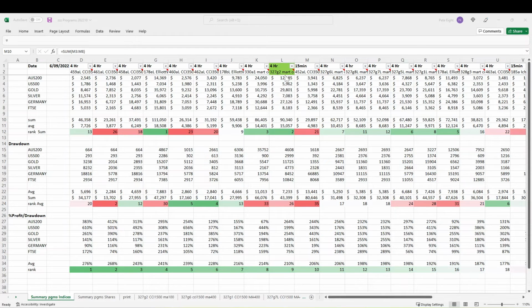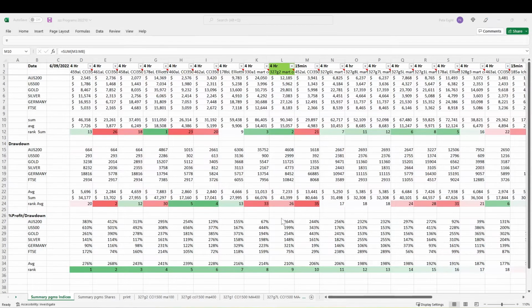This is run on a 4-hour chart time frame. The top table shows the revenue generated by each of those indices. This down here shows you the sum of those, 90,340, and this shows the average of each of those, 15,057. This second table shows the drawdown of each indice. So the drawdown is from the highest level point of profitability to the lowest level of any given period, and that was a total of